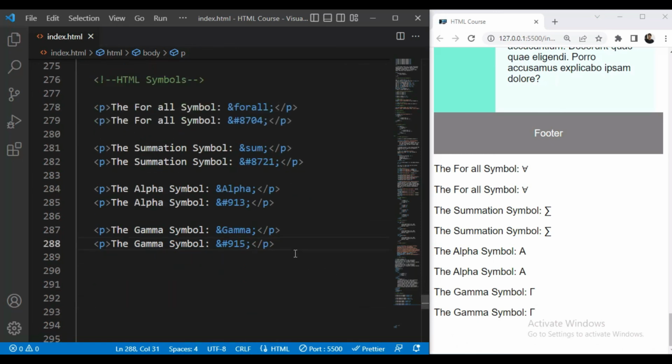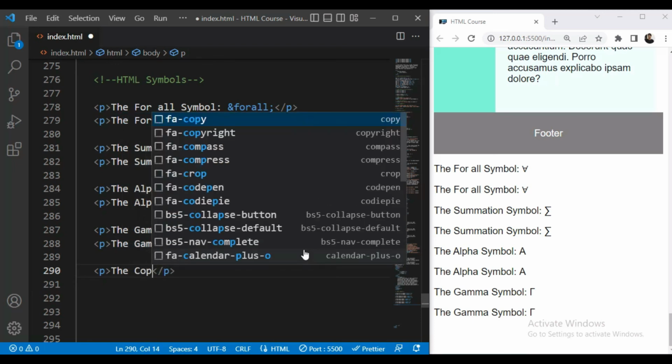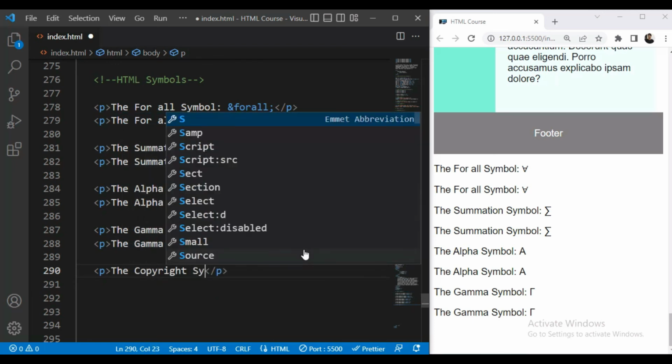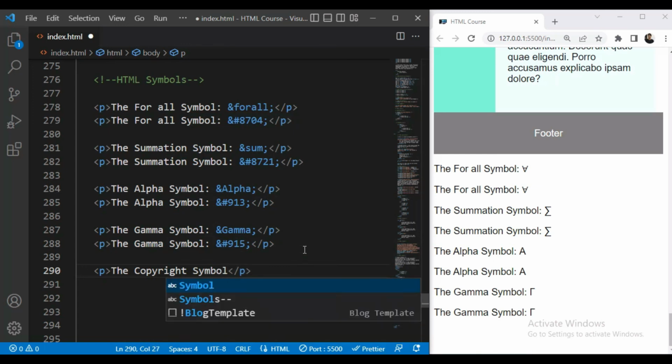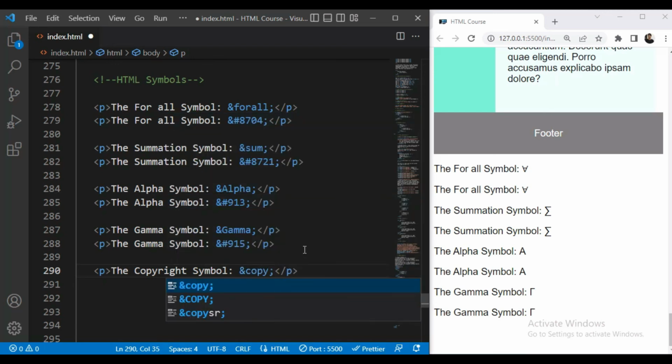Next we will see the copyright symbol. I will type it, the copyright symbol. First we will see with the help of entity, that is &copy; semicolon. Let's save this.